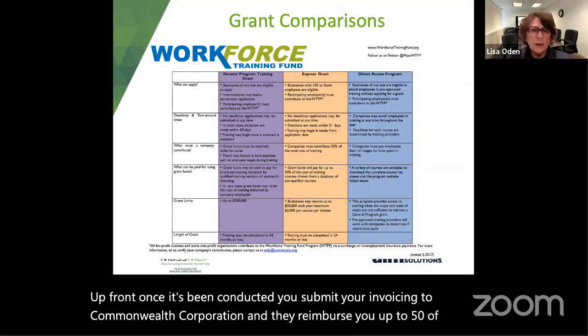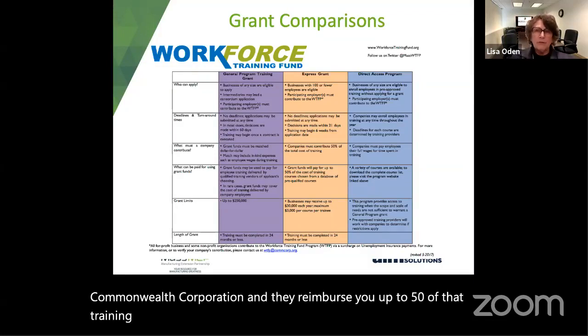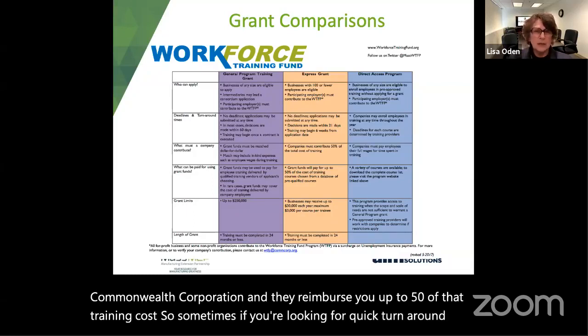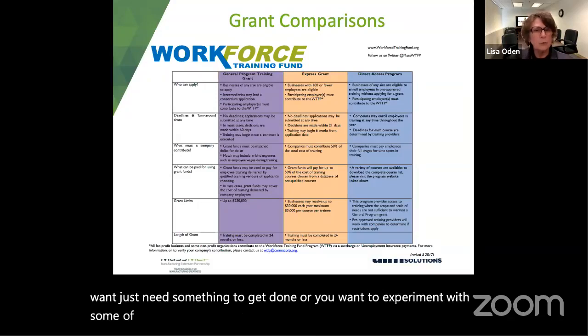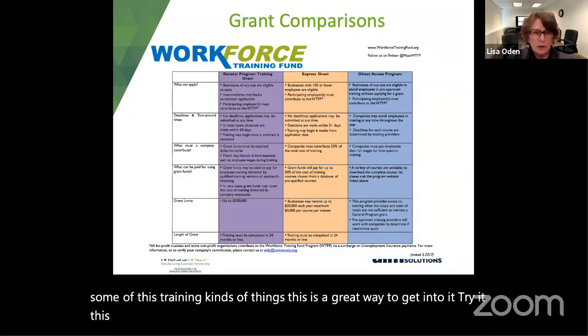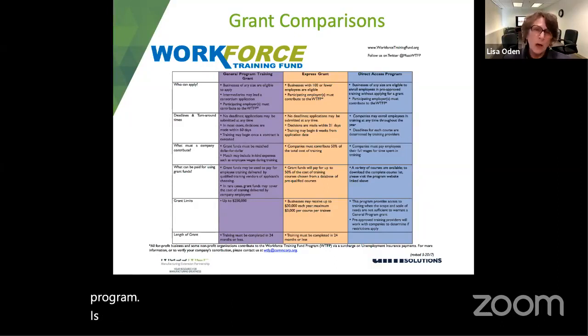training cost. So sometimes if you're looking for a quick turnaround and you just need something to get done, or you want to experiment with some of this training, this is a great way to get into it. Try it this way and then roll into a general grant. The Small Business Direct Access Program is still for companies that are 100 or less.